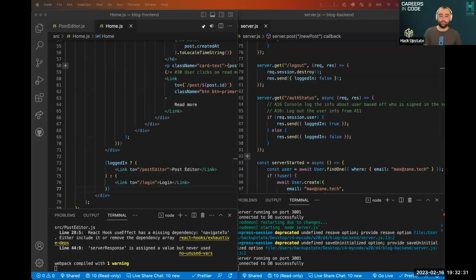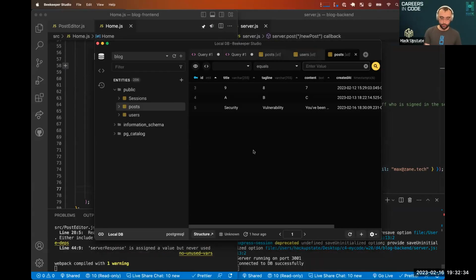So we're going to do one more feature tonight, and that is talking a little bit about association. How do we tie our user to our post? We want to make sure that when we make a new post, we know who is making that post. So what we're going to start out with is we need 2 users. We can't really test to see if this blog post is working or not unless there is another user in our database. So we're going to kind of cheat, and we're going to head over to Beekeeper,